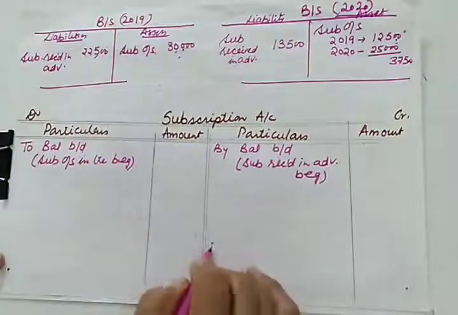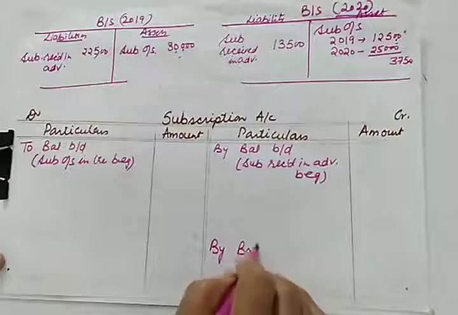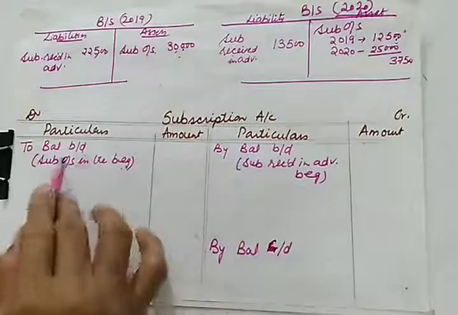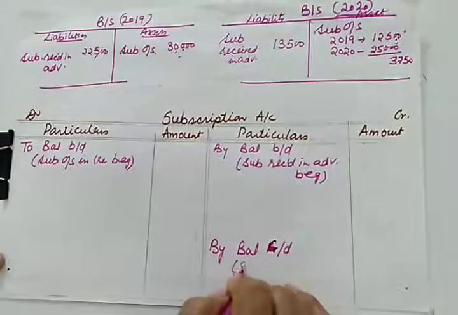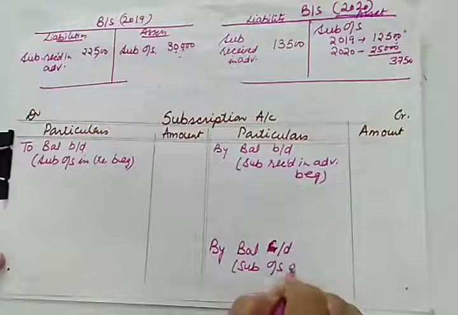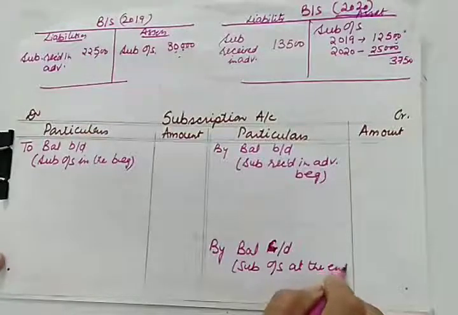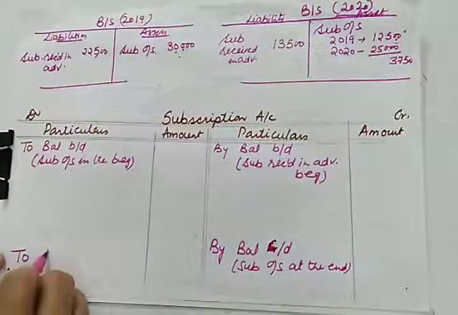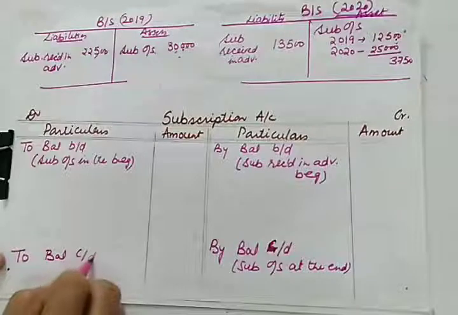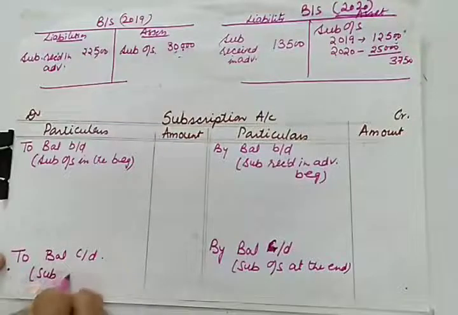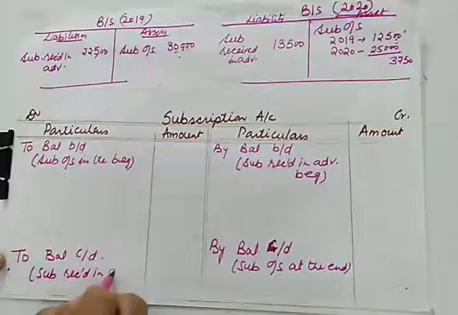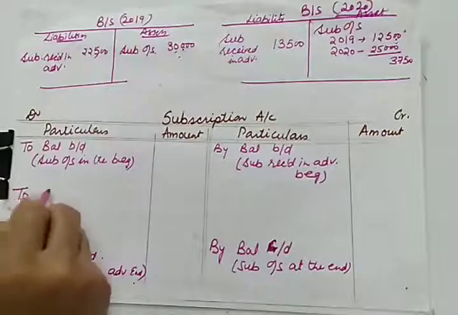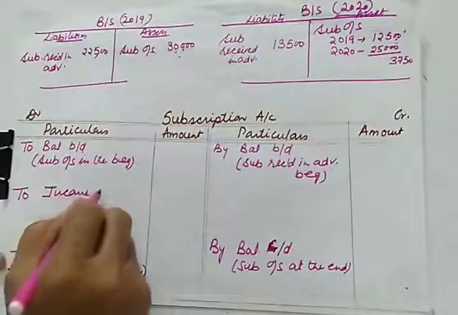Likewise, on the opposite side we'll be writing by balance carried down, which will be related to this. This is subscription outstanding at the end, and closing balance of advance will be written on the debit side. To balance carried down, subscription received in advance at the end,